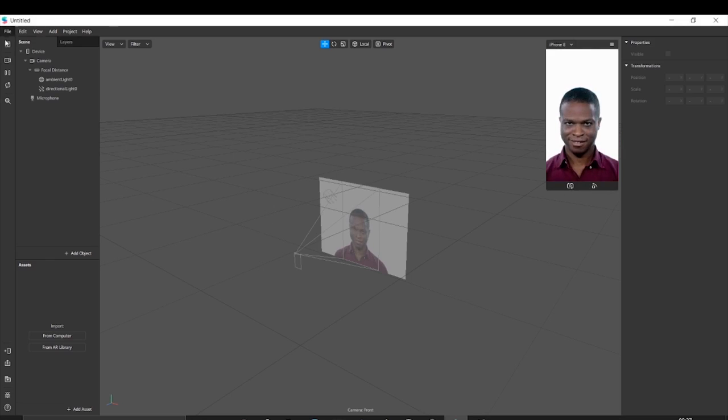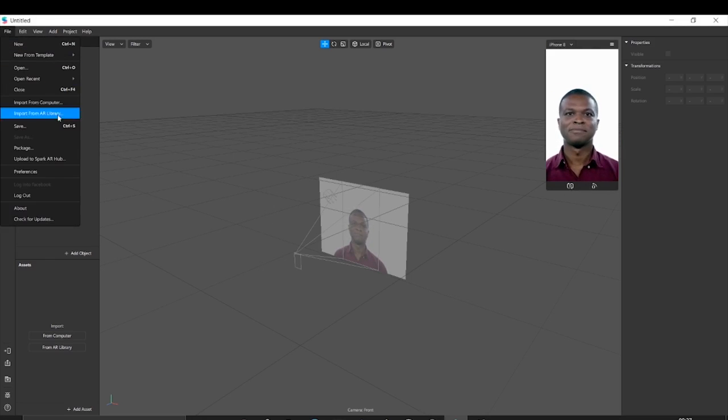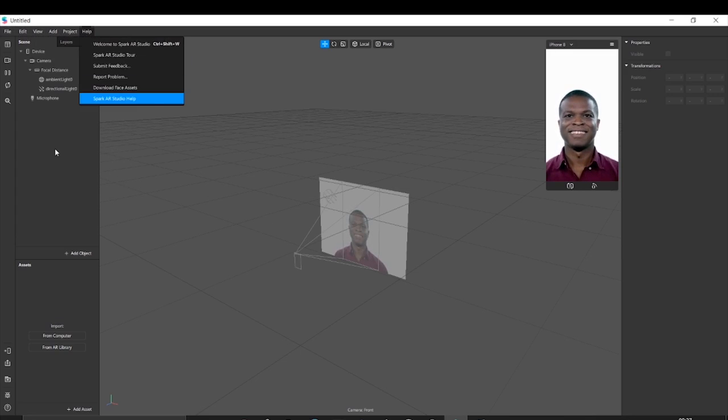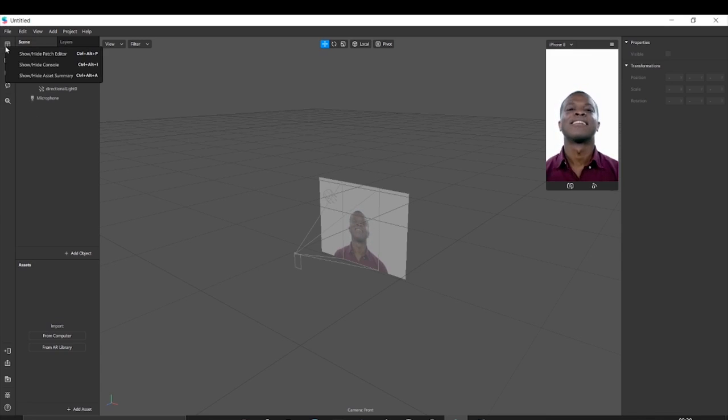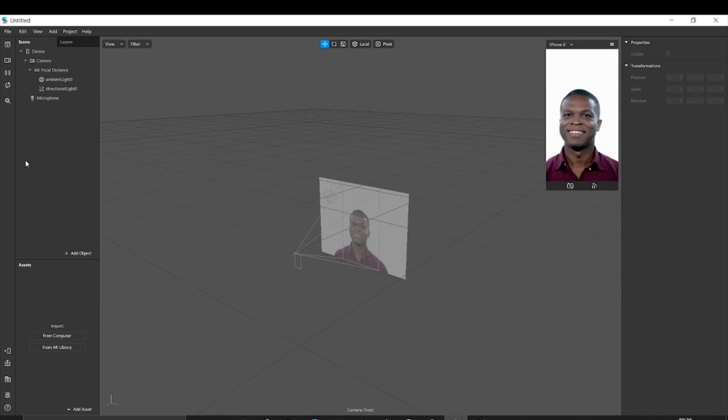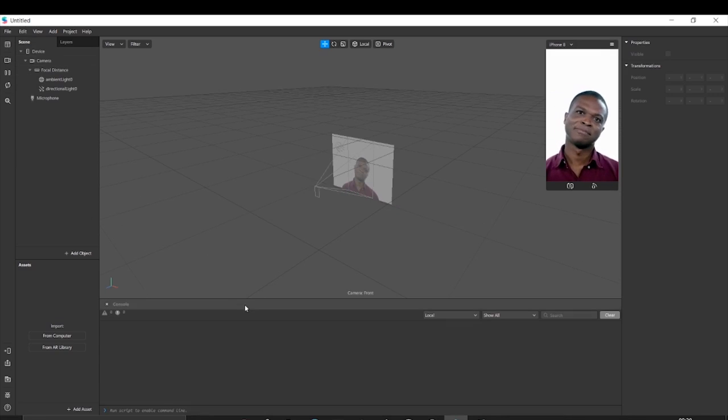Normally there are options available everywhere: file, and some options here, add, hide, effects, screen. Normally you won't use them a lot. This is the workspace. Then you have show and hide patch editor. I will explain about it later. It's basically a short way to program your AR application. Then there is hide console, which is used if you are programming. It will show some errors here if there are any.